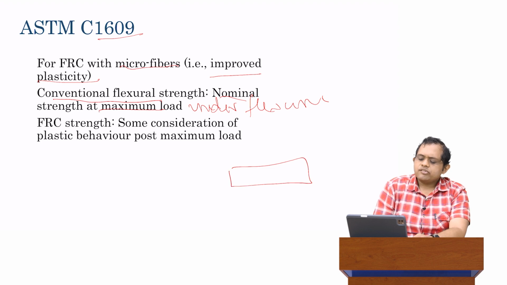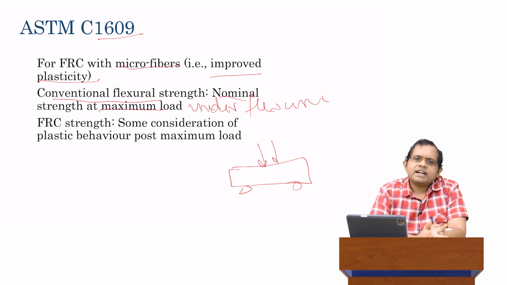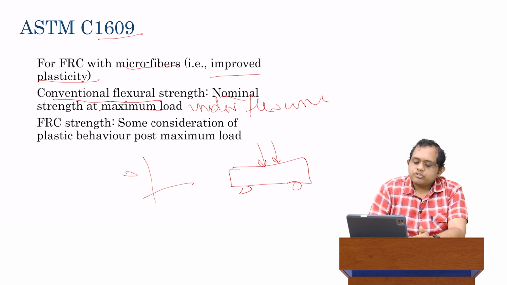Basically we have a simply supported beam with an overhang, and then we apply a load. Either we apply a single load or we might apply two loads distributed. That tells us whether we have a 3-point test or a 4-point test. And for plain concrete, we apply this load and we keep measuring the stress versus the strain